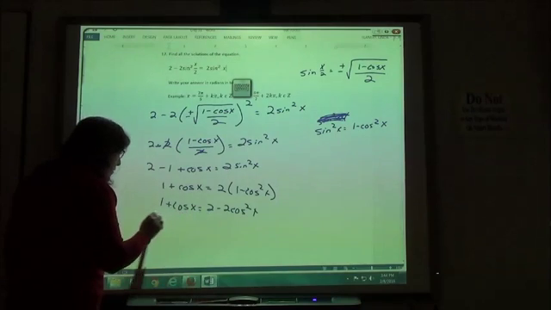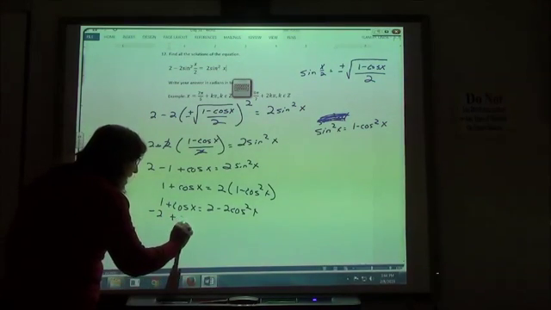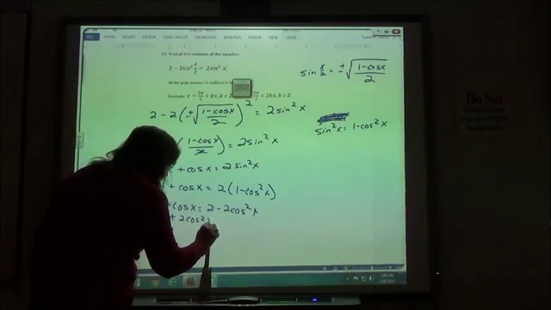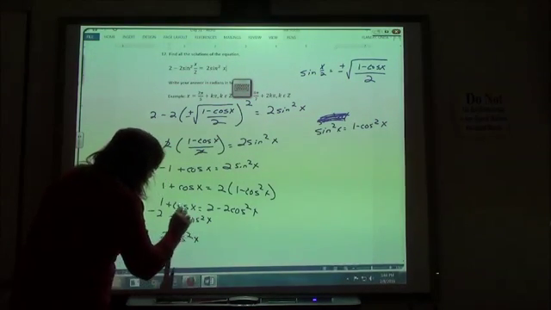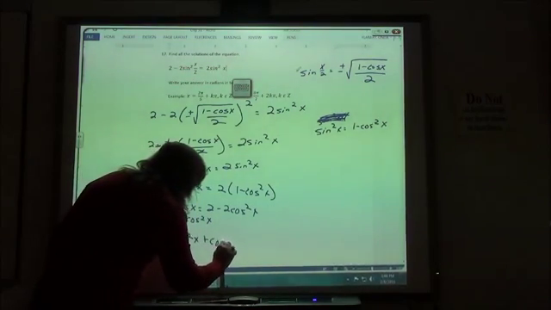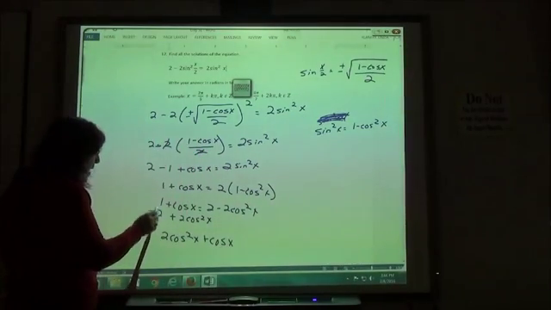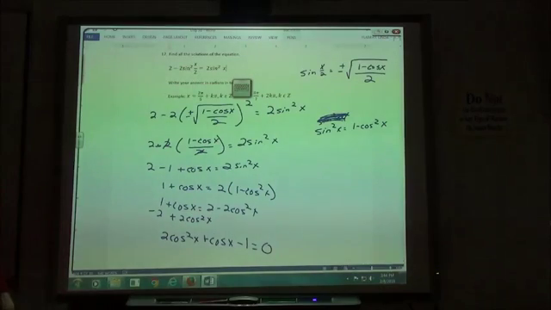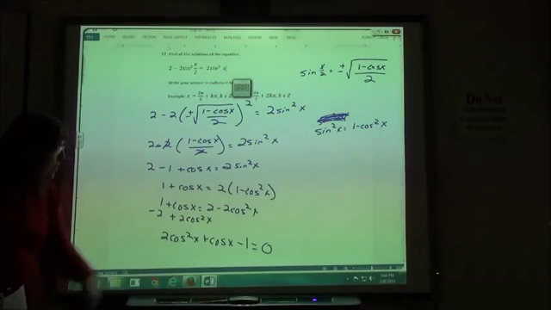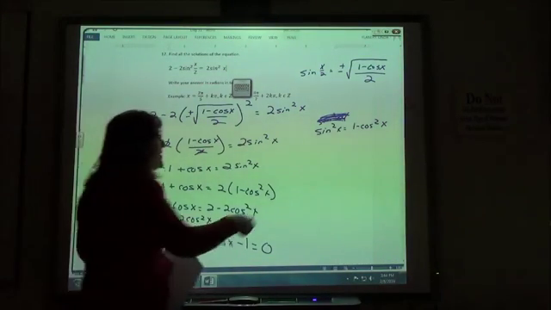Moving these over here, I'm going to subtract my 2 and add my 2 cosine squared of x. So 2 cosine squared of x plus the cosine of x minus 1 would equal 0 when I combine all my terms. 1 minus 2 would be my minus 1. So factoring that,